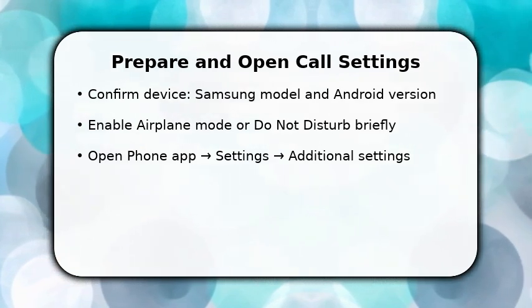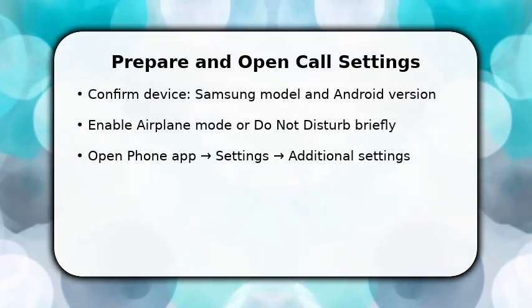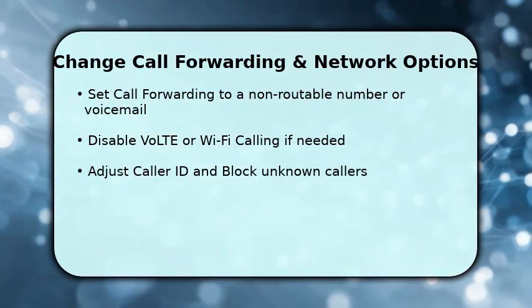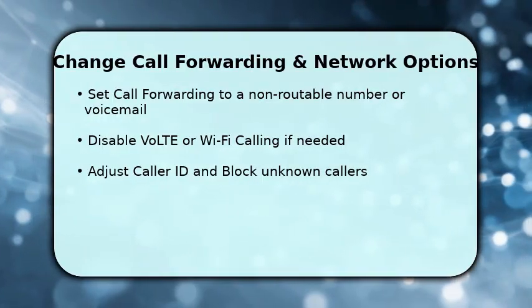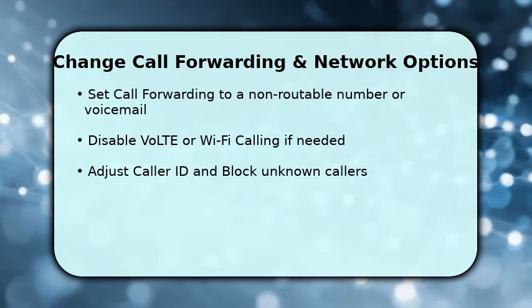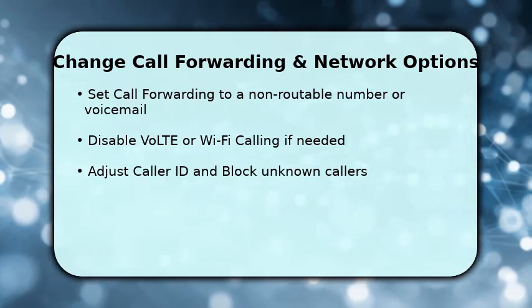Now you change forwarding and network behaviors to make calls come up as not reachable. Go into call forwarding and enter a deliberately non-routable destination or your voicemail number to redirect unanswered calls. Save and test. If calls still connect, disable VoLTE, LTE and Wi-Fi calling, and connections, right arrow, mobile networks because